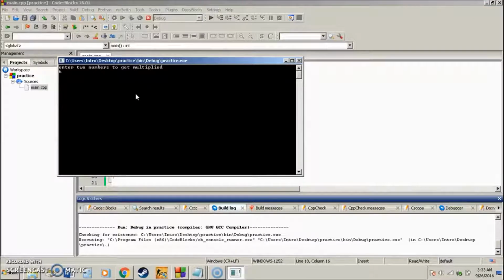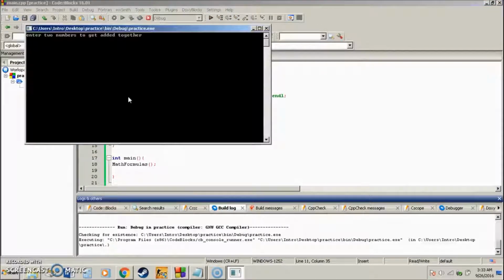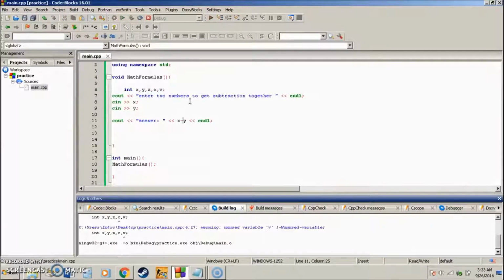and enter two numbers. 6 times 6 is 36. So we can do the same thing with addition, you can just say added together, and then x plus y. We'll enter the same two numbers, 6 plus 6, 12, and so on and so on. We can do minus, and I'll put subtraction, x minus y,